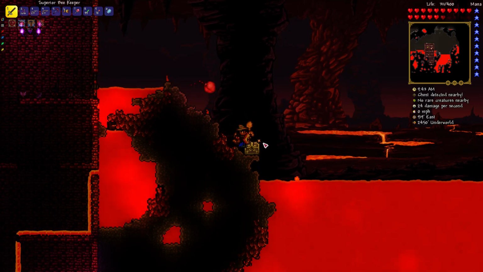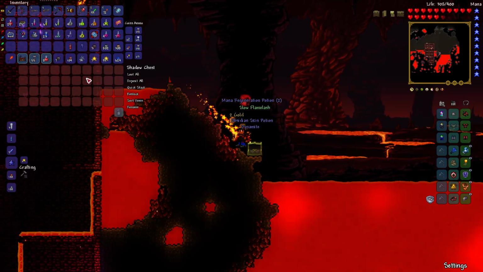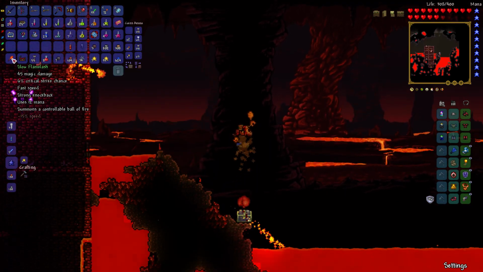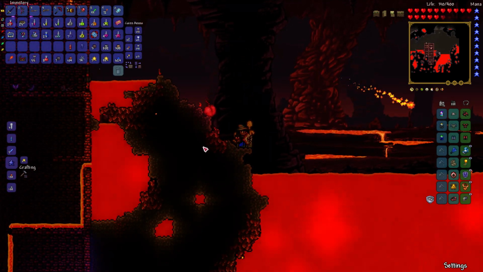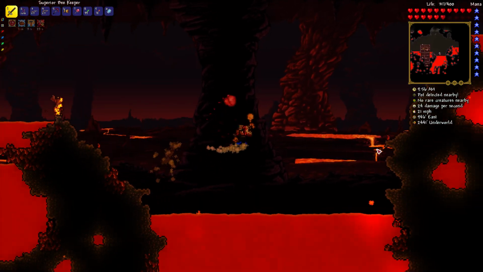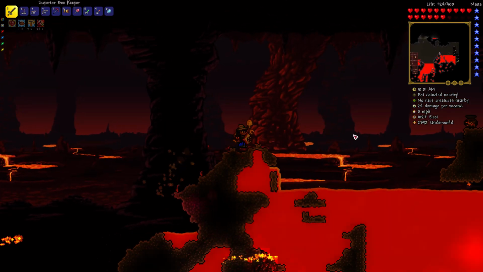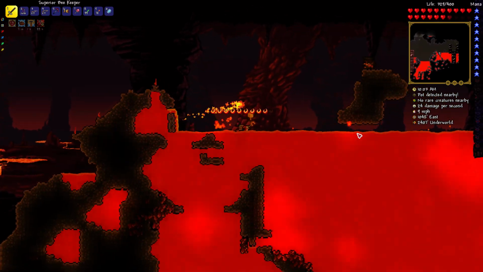Here we go, so I found a shadow chest, and I'd already put my shadow key in my inventory, just in case of that, and yeah, I got a nice flame lash there, so that is excellent. That's the kind of thing I'm looking for. Talk about getting the right things at the right time. The lava charm, and of course I was able to craft the Obsidian Shield,